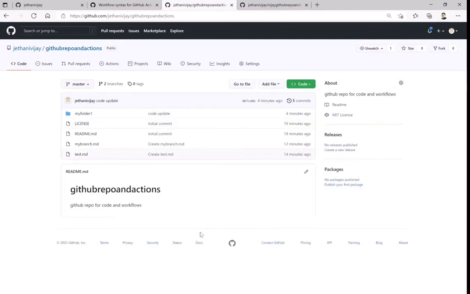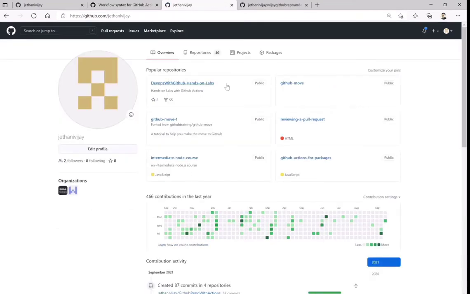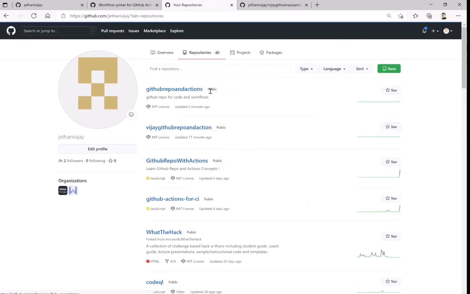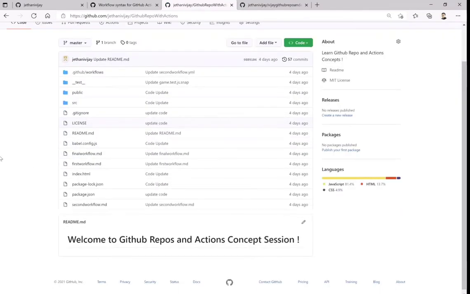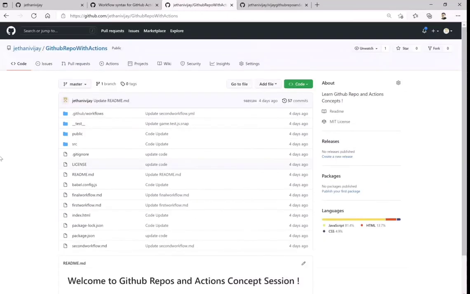So the other thing which I want to show you is on the actions or pipelines. How do we start with creating that particular workflow and how will that look? So first of all, let me show you a repository which I already have as a code base. This is the repository I have for our workflow, and how you can club the different jobs and have the build and the test from those jobs.